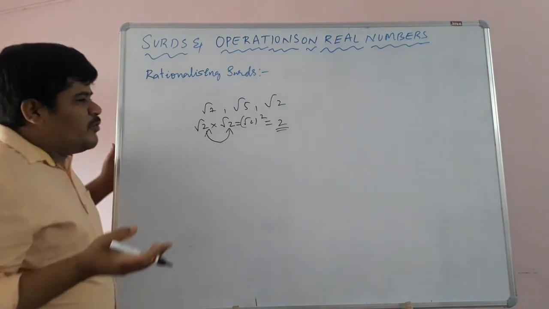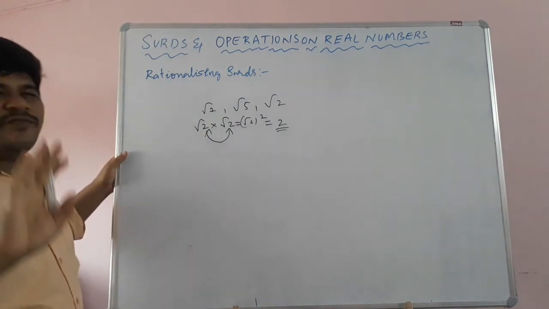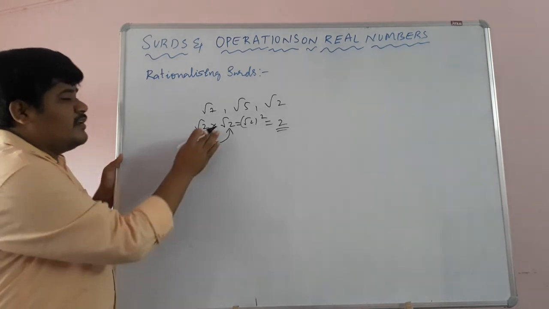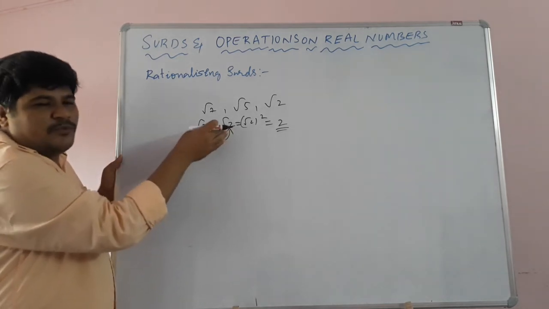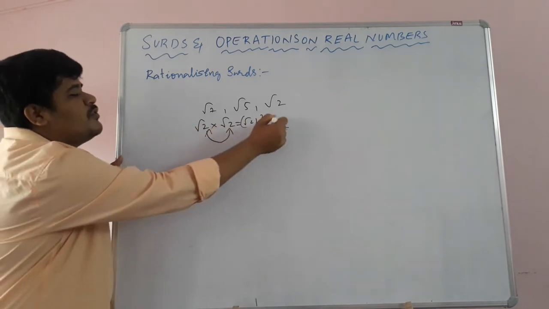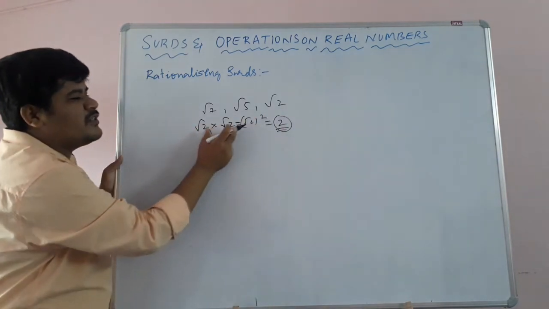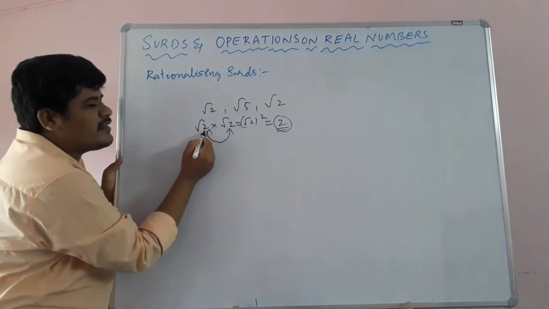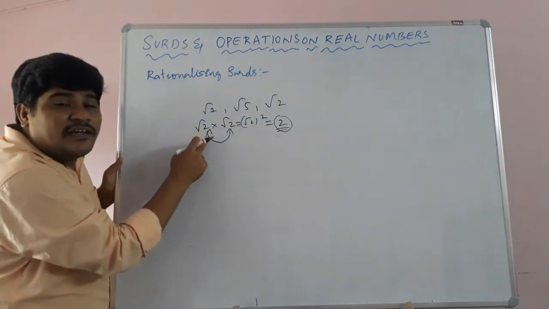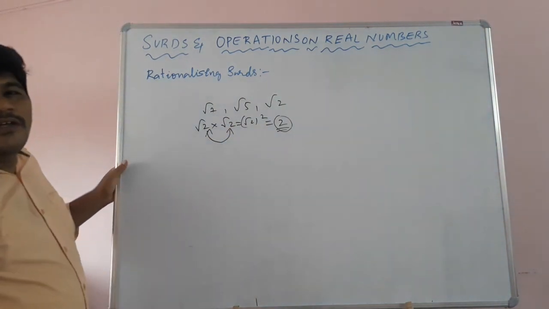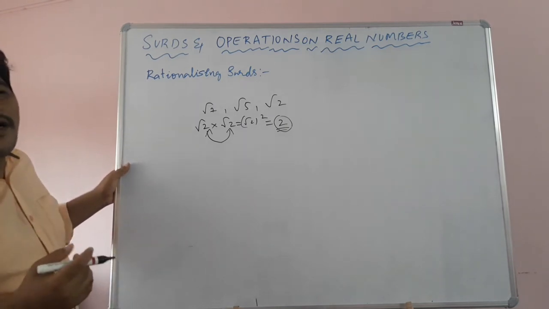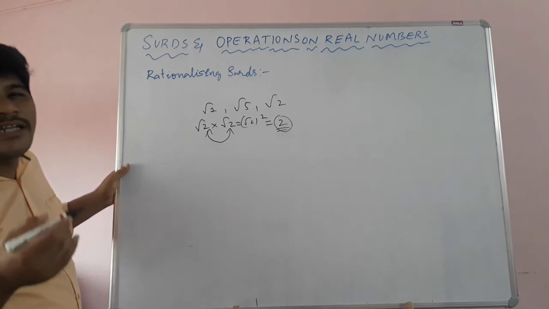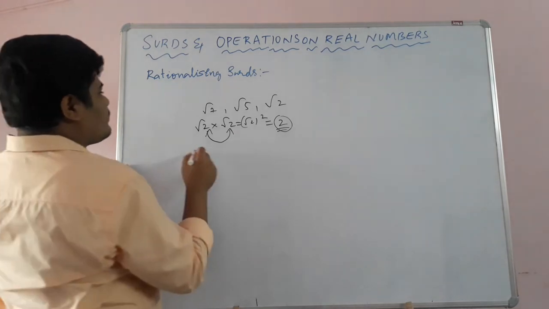So when they give monomials, the monomial surds themselves are rationalizing factors. Okay, so we are multiplying those monomial surds with itself. Suppose example, root 2 into root 2 is 2. Okay, by multiplying these two surds, we are getting a rational number. So here each is called rationalizing factor of the other. So students, sometimes they will give binomial surds and they may ask us to rationalize. Suppose if they give